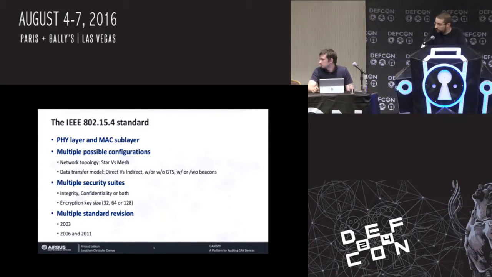The underlayer, under the 6LoWPAN protocol, so I mean the physical layer and the MAC sublayer, is handled by the 15.4 protocol. And this is where things get complicated. You have really a lot of possible configurations with 15.4. For example, you can set up the network topology as a mesh network, where every end device can communicate with each other, or as a star network, where end devices must only send information to coordinators.